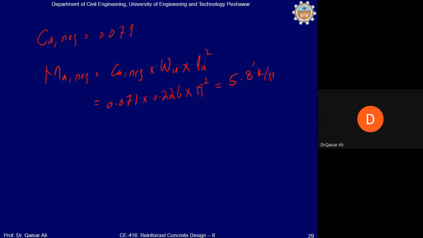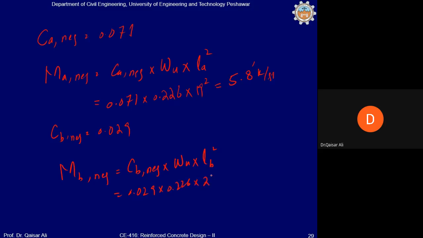Now you can also calculate MB negative. So you have the value of CB negative. What was the value? I think it was 0.029. So MB negative will be equal to CB negative multiplied by WU multiplied by, now it will be LA square or LB square? LB square. तो यहाँ पर जरा पुट करें, शाबाश। 0.029 multiplied by 0.226 multiplied by 24 square. इस तरह है ना? जी सर। सर ये आ जाएगा 3.77। 3.77 foot cube per foot. Okay,